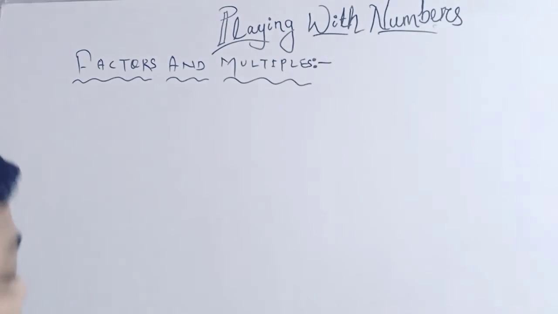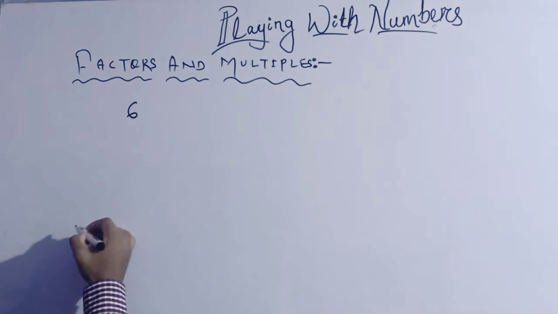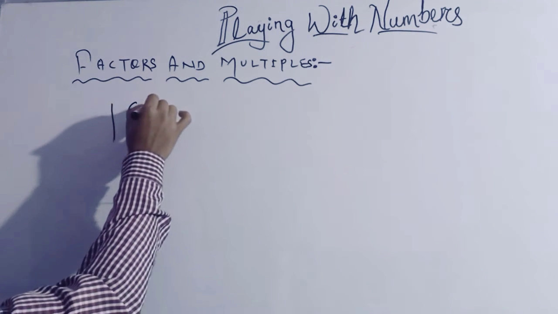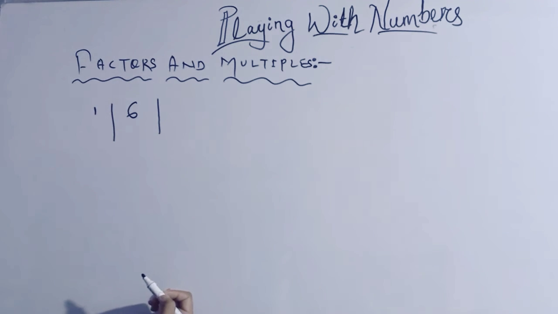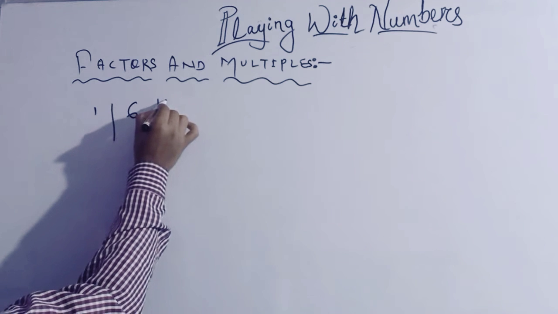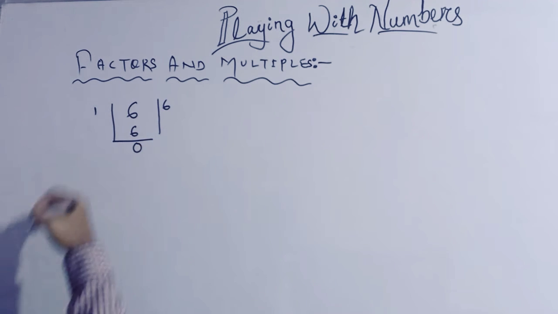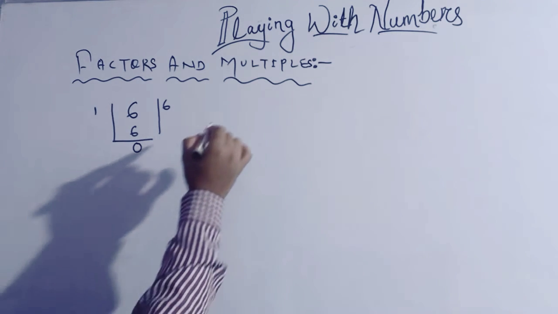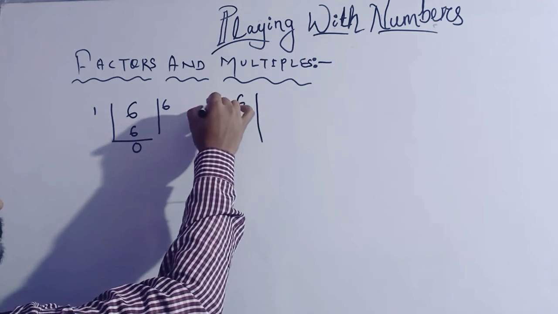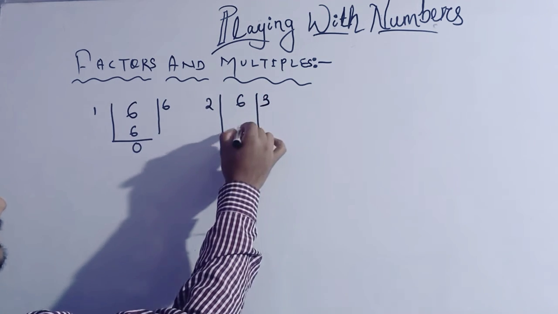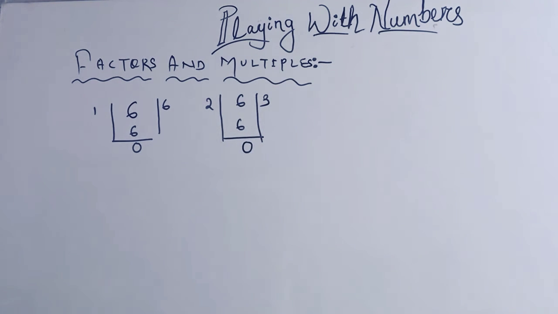Just see, suppose one of the numbers I am showing you is 6, and I am asking whether the number can be divisible by 1. One can say yes sir, 1 into 6 is equal to 6, so the remainder will be 0. Yes or no? Then the same number 6 I am dividing by 2. Here it is 3, here it is 6. Here the remainder is equal to 0.